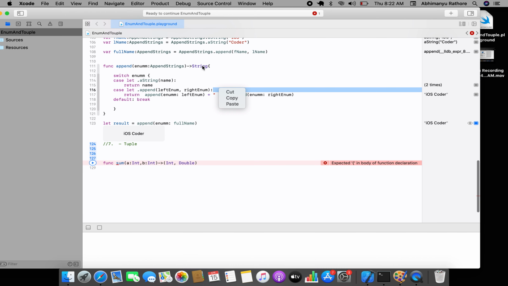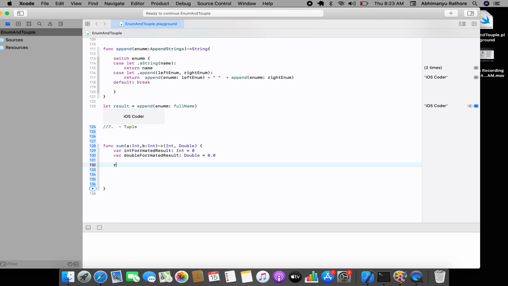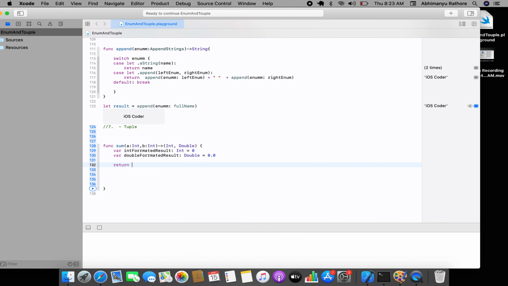Rather than one result, like this string, it will give you two results. Now you need to give two results, where the int formatted result will be your int and it will be 0, and another will be your double, right? So it will be your double formatted result, which will be your double, and I'm sorry, this one you require like that, so 0.0. Now if you have a result, you want to give the result, you can give it like that, return,